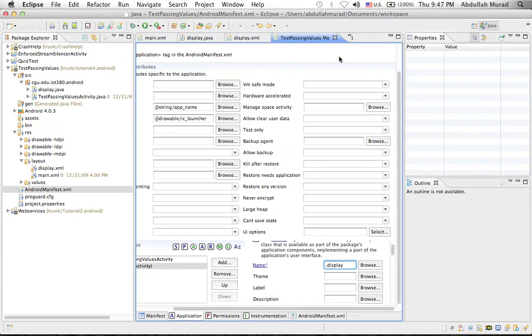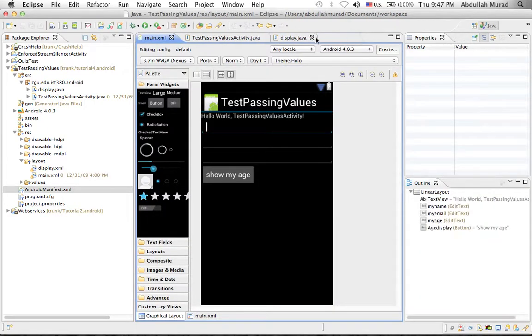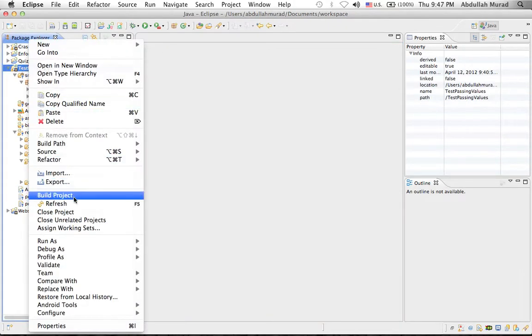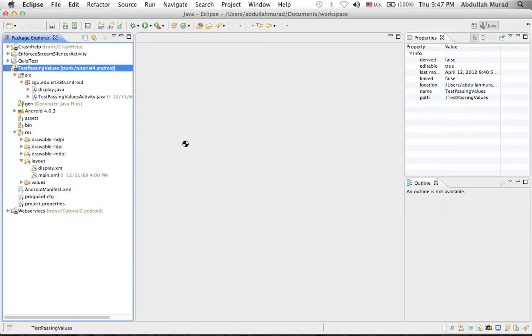At this point of the project, I think it's a good idea to build the project again, so that it would recognize the R layout. Let's just build the project. Now we did build the project, so let's go to the first class and capture the information that we get